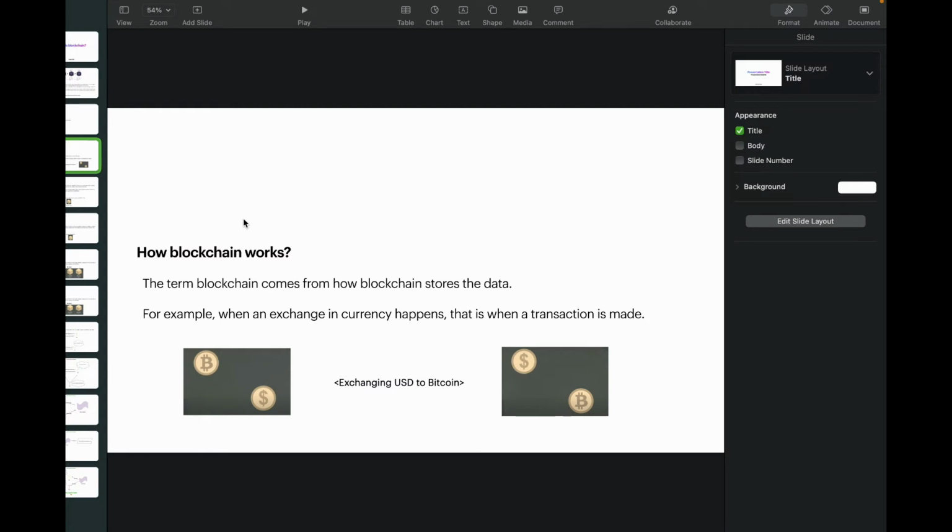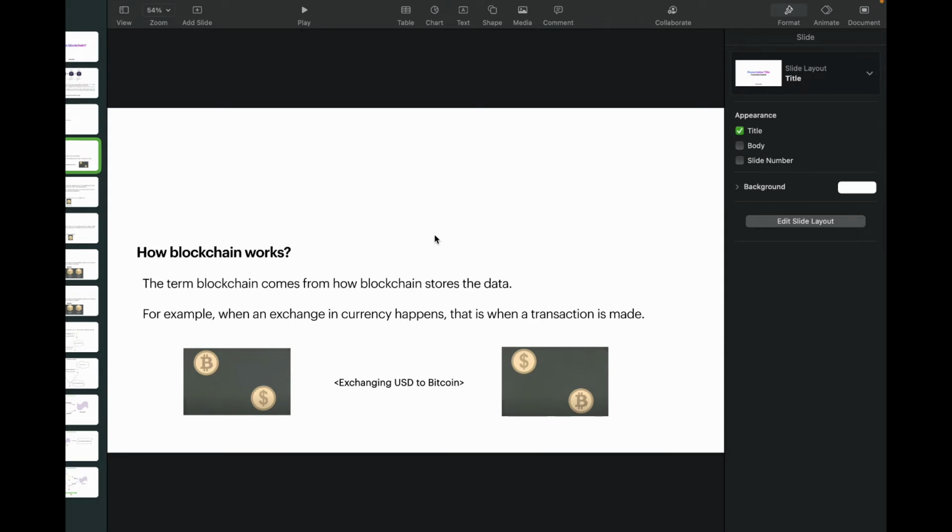Okay, so how does blockchain work? In simple terms, the term blockchain comes from how blockchain stores the data. With the name blockchain, it is pretty clear that it is made up of two words, block and chain, right? So for example,